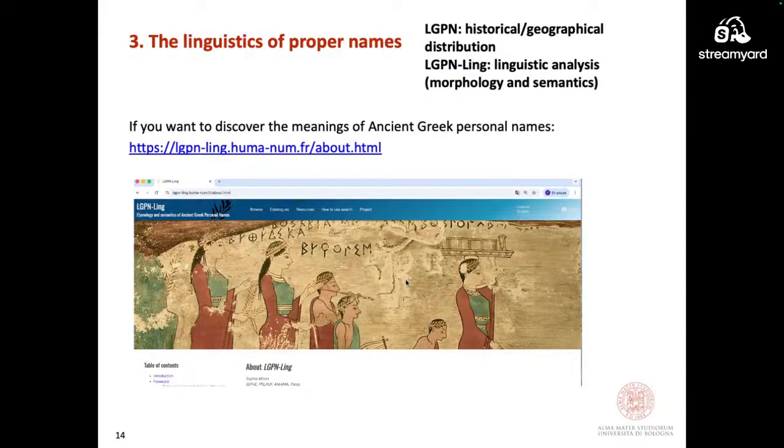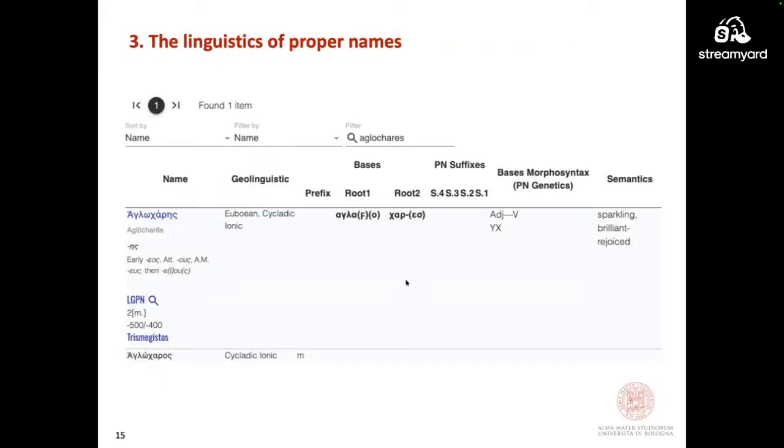It is ideal for working on linguistic analysis, in particular the etymology, morphology, and semantics of ancient Greek proper names. For example, here I have taken one of the proper names appearing on the Styra tablets. This is Aglochares, and you can see here you have information of different nature.